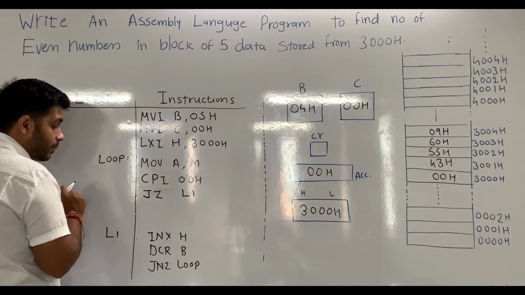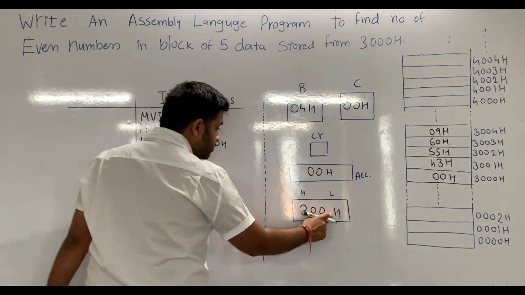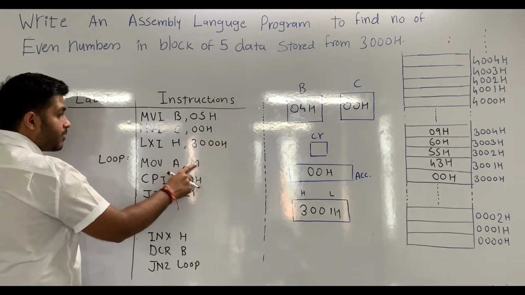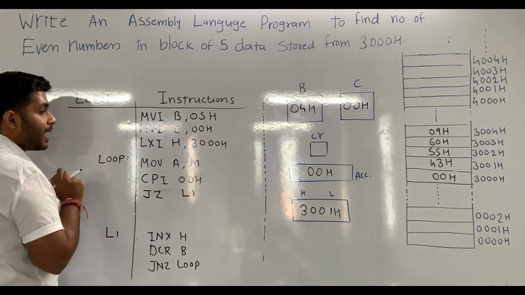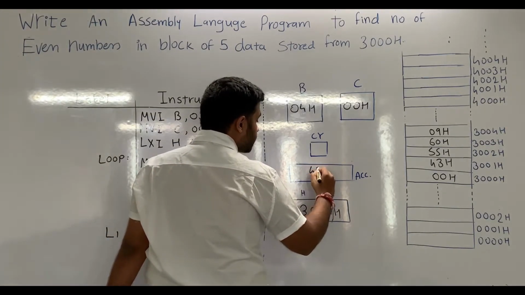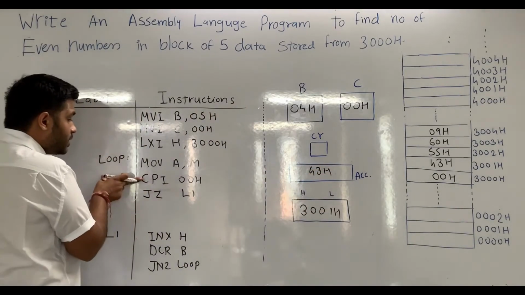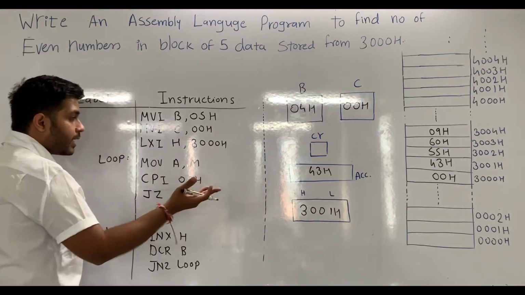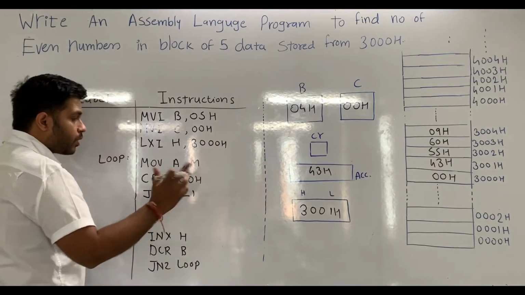When we have performed the INX H, the value has become 1. Now MOV A, M means data will be moved from the memory location to the accumulator. So now the next data that is moved is 43H. After that we will compare this number. Now we will compare with 00H, and we know that these two numbers are not equal, so the zero flag will